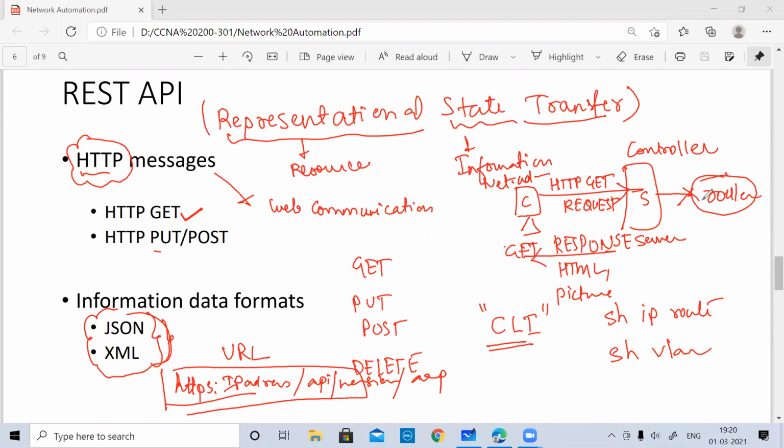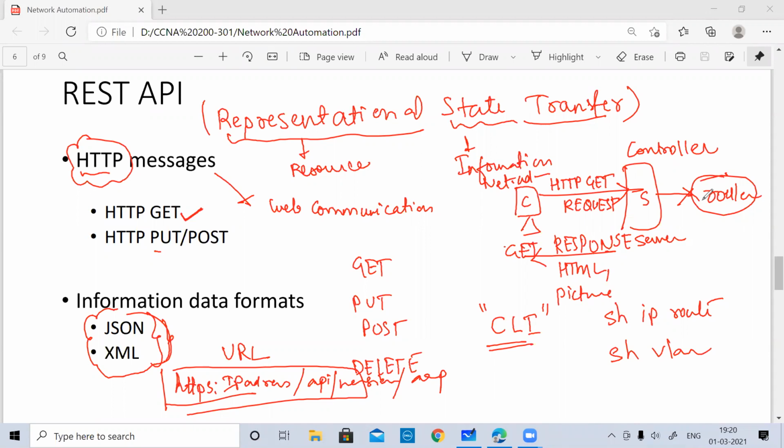The reply is nothing but a return. When you are getting a reply, you're basically getting the information about the objects. In programming, we talk a lot about object oriented stuff, and the object in this case is simply, as I said, your router interfaces and any other information which you want to take from the devices. So let's look into the format, guys, how the JSON and XML formats look, because as I mentioned, we have to understand these data formats so that we can understand the information they are trying to give us.